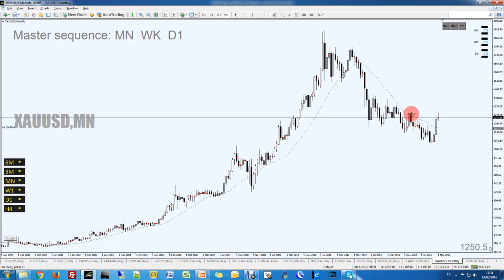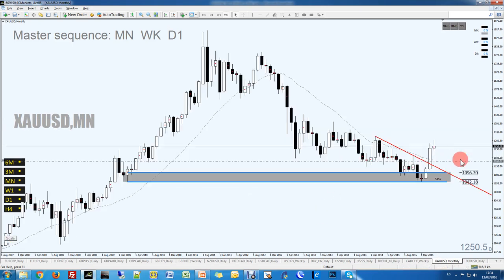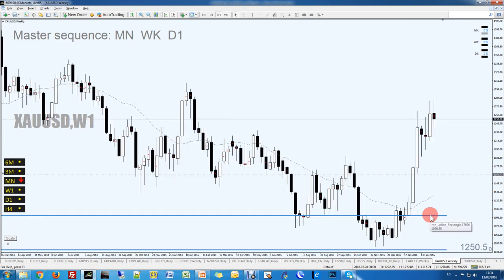So here, as you can see, we connect the latest two peaks on the monthly. We've got this monthly area of demand in control after a strong drop in price, and we've got a monthly downtrend, so we have to short. On the weekly, this is what we have: now, after a rally in price, we've got an ascending trend line here with these two valleys, rally-base-rally and all that, and we've got a weekly area of supply here.